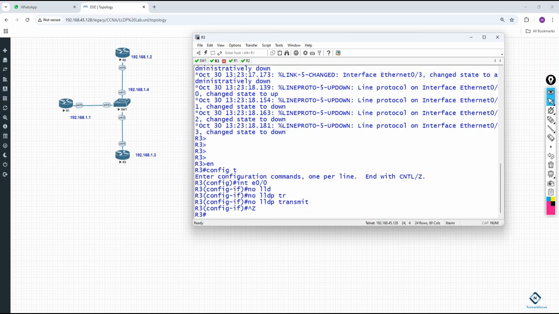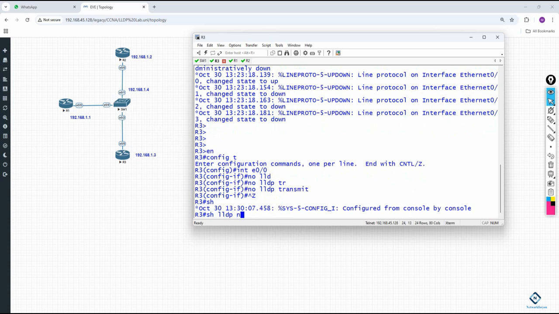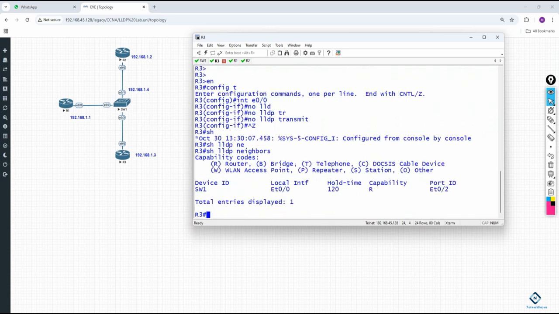You can press Ctrl Z and write here show LLDP neighbor. So you can see you are getting the switch